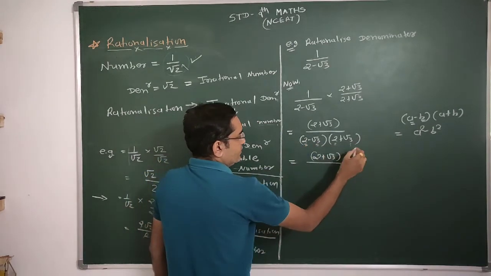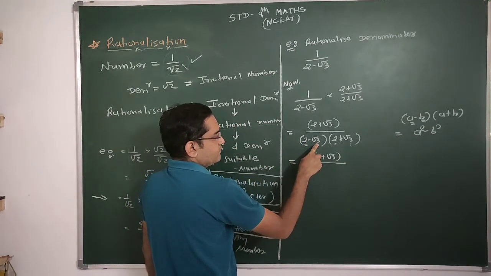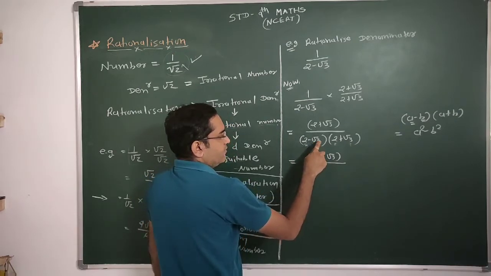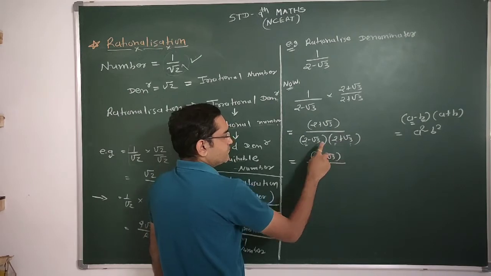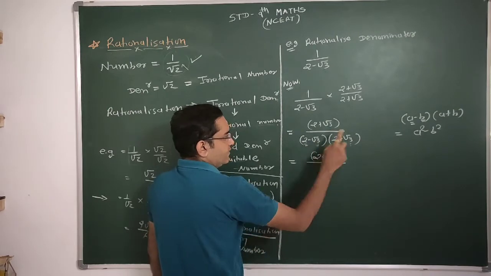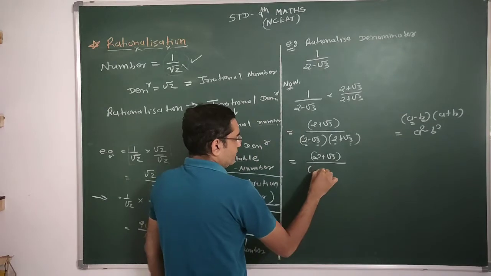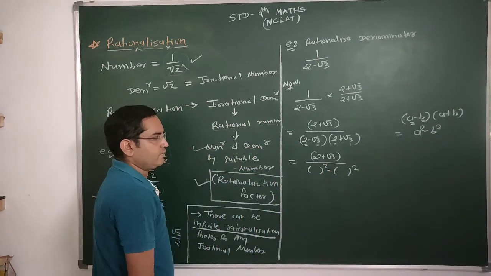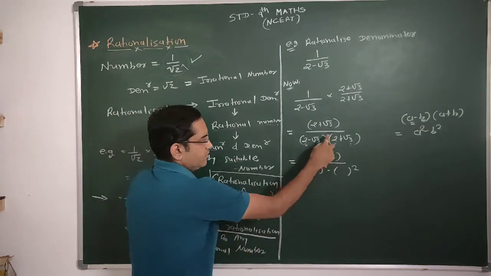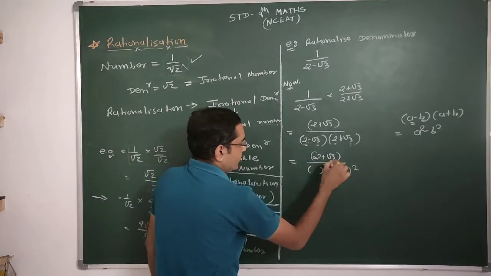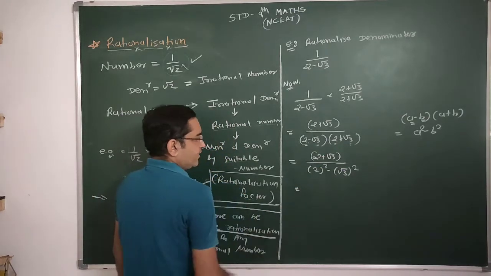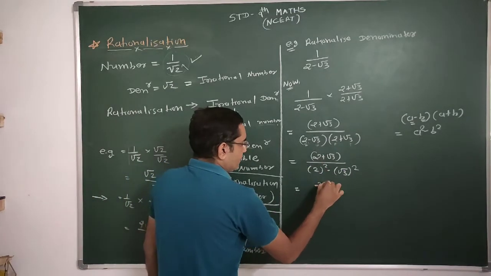Now check this. This one is 2 minus root 3. This one is 2 plus root 3. One term consists of a minus sign, one term consists of a plus sign. So here we can apply the same identity: first term square minus second term square. Right? The second term there is root 3, and this first term is 2. Right? So for the simplification, it's 2 plus root 3